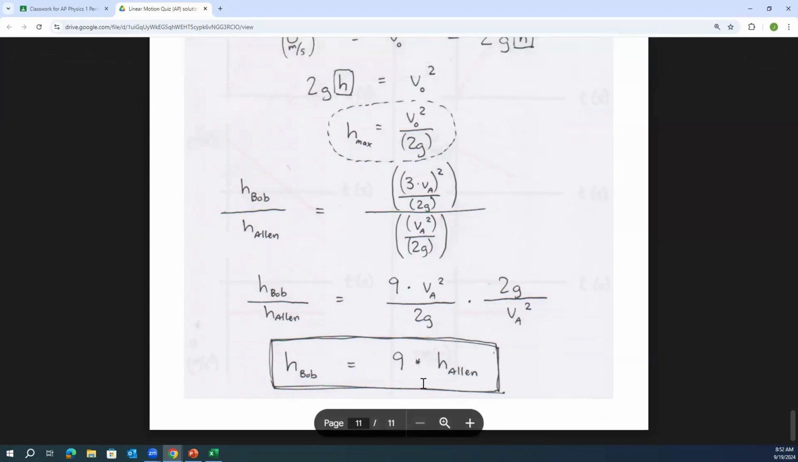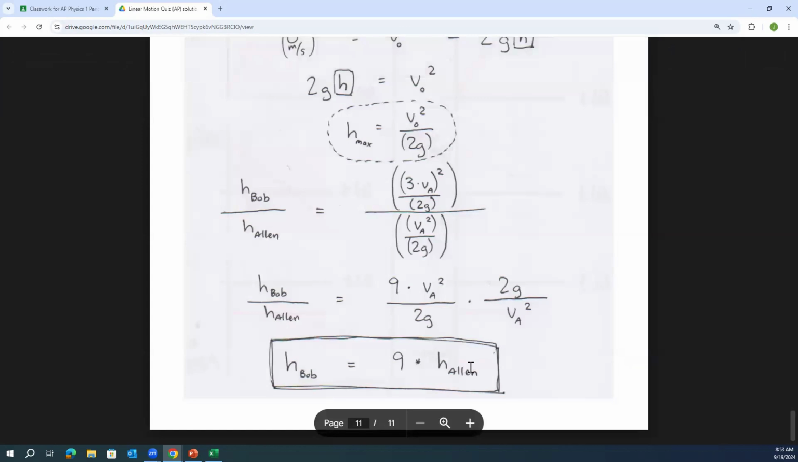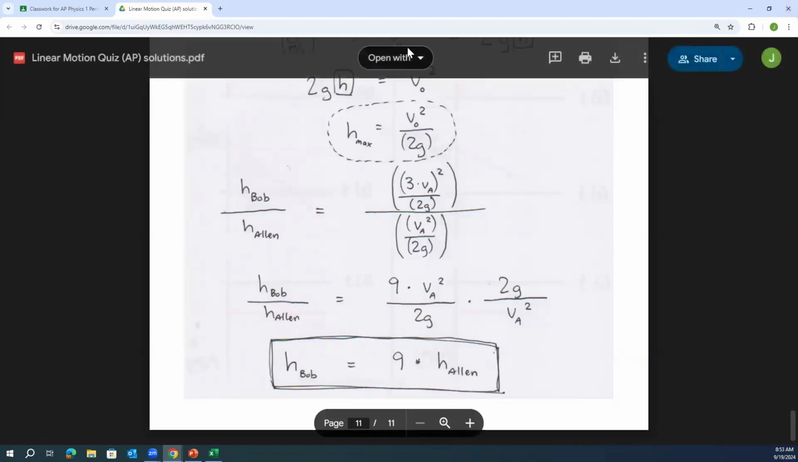But again, you could make up numbers. Say, hey, what if Alan can throw 10 meters per second and Bob can throw 30 meters per second, right? And you can actually just work out the numbers, and I can guarantee you're going to get 9 times the height, whatever those numbers work out to. Okay, so you could, is that right? All right, so there's